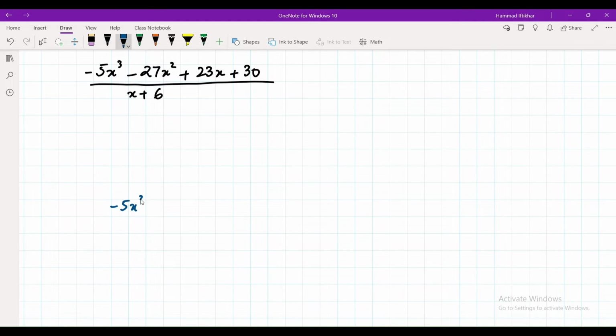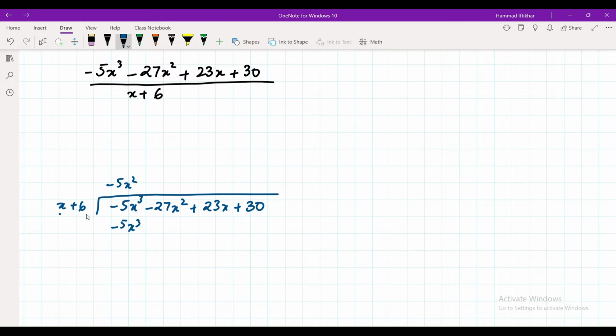Minus 5x cubed minus 27x squared plus 23x plus 30 divided by x plus 6. So x times minus 5x squared will lead us to minus 5x cubed. And then 6 times 5, negative 30x squared. So plus, cancelled. So 30 minus 27 is 3x squared